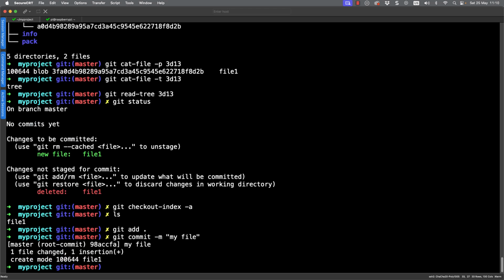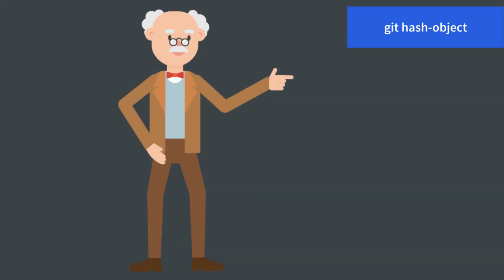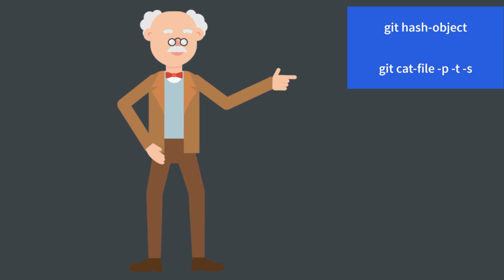And hit enter, and now we're back into a clean Git repository with our file created, but having done it through the back end. So we've been able to take a look at our git hash-object command to be able to go through and create files or blobs within our Git file system.